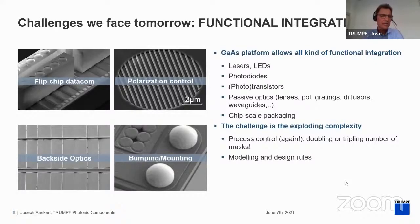And on the lower side, you can see some backside optics in a flip chip device where you can do a kind of scanning. So it's a fan out structure, and finally also the bumping and mounting devices. Now the challenges where you can contribute to is really that